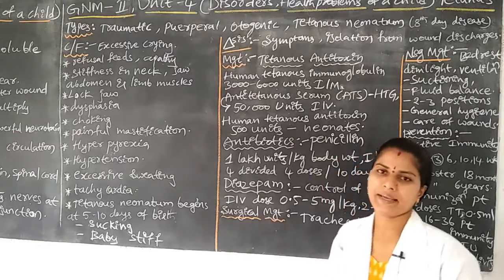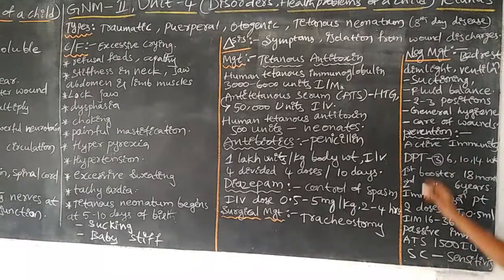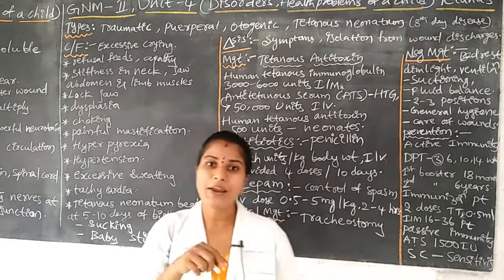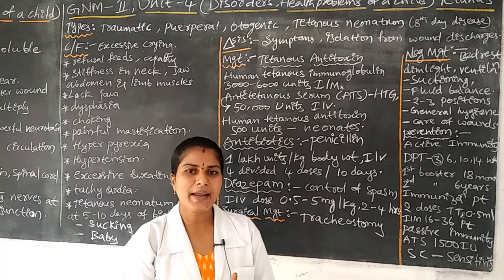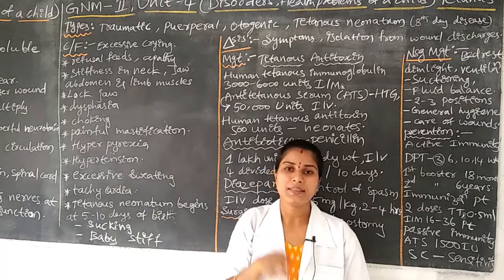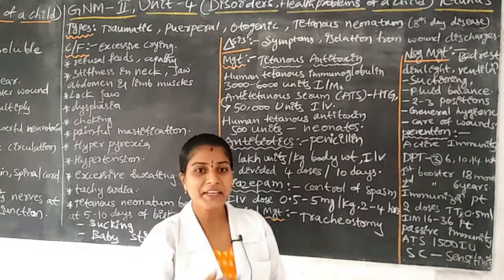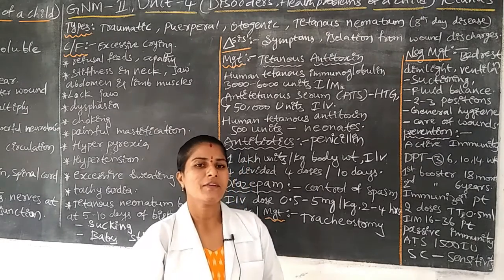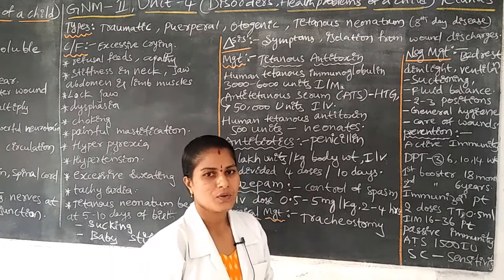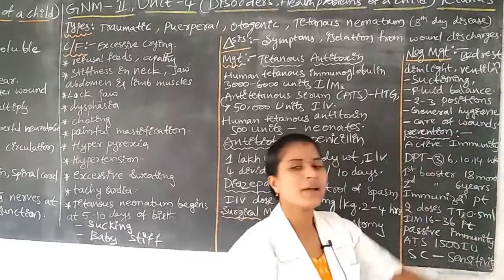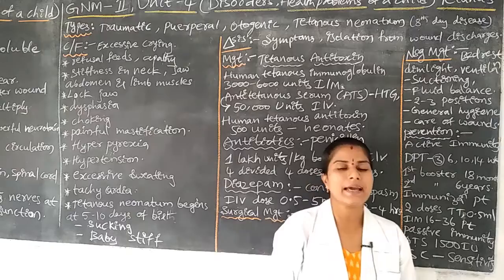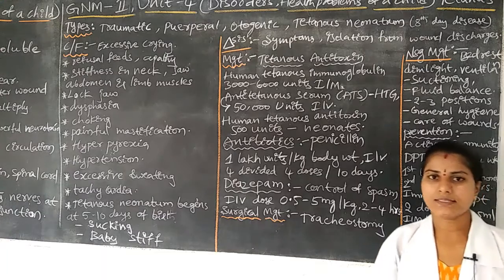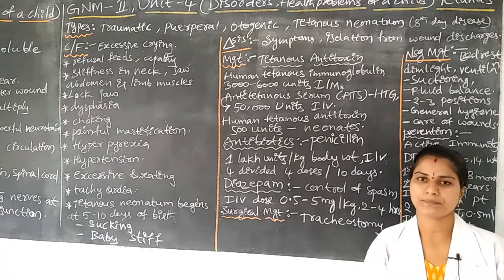Daily routine care. Next, as a nurse, we have to do the wound care. Why? Because one reason is the open wounds in the body. In children where open wounds are there, that is a favorable route for bacteria to enter into the body. For prevention of entering into the body, we have to do the wound care. By giving wound care, the wound should be healed at an early stage. This is regarding nursing management for the children who are affected by tetanus.